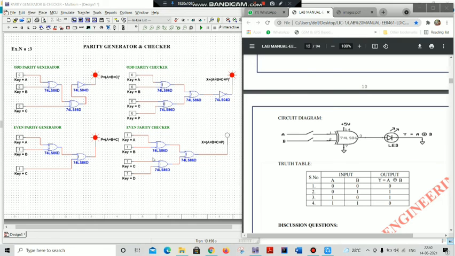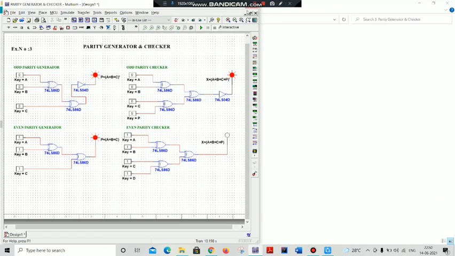So this is how we can verify your circuit diagram of your parity generator and checker while you are designing it, and you must construct the circuit diagram in your IC trainer kit for this linear and digital integrated circuit laboratory. For understanding purposes, I am taking the Multisim software to verify the truth table of each circuit of this experiment. Okay, thank you students.